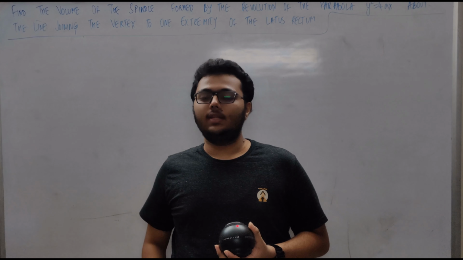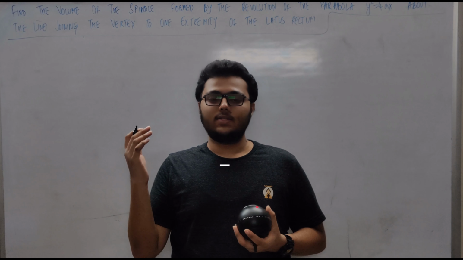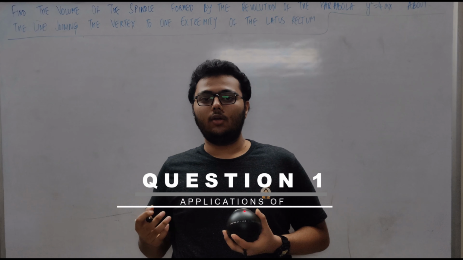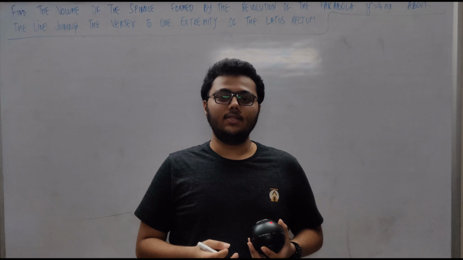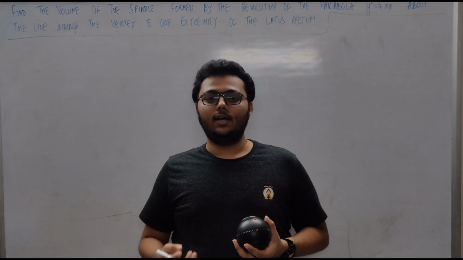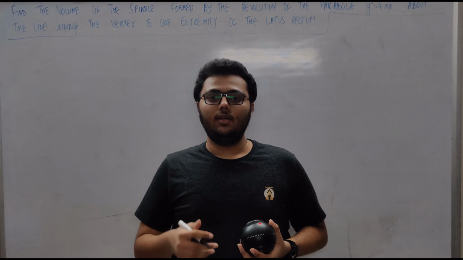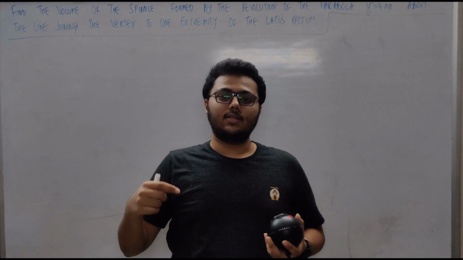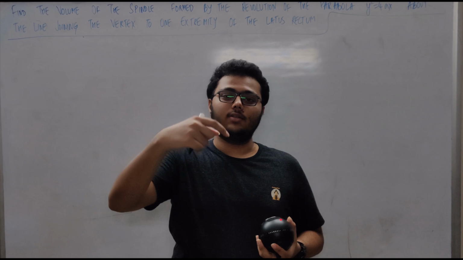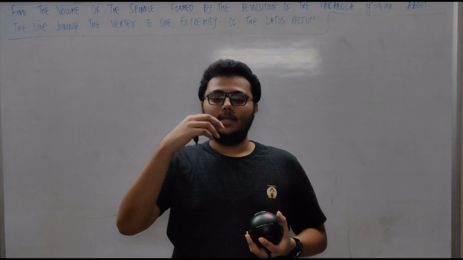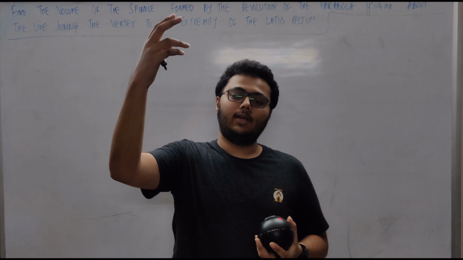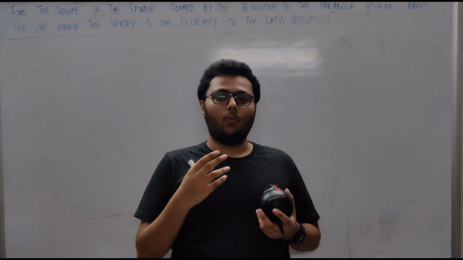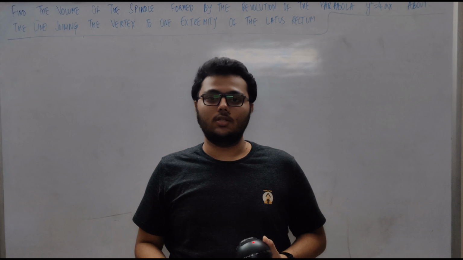Okay, so in this question we have a parabola y square equals 4ax, and we have an axis about which the parabola rotates, and that axis passes through the vertex and the extremity of the latus rectum. Let's say it is a comma 2a. So this is the axis and this is the parabola. This parabola rotates about this axis, so it makes a closed figure like this in between, and an open surface above and an open surface below. So there is only one closed surface, and we have to find the volume of that closed surface.